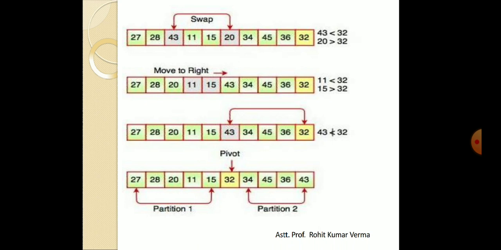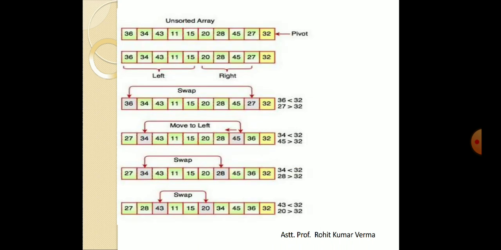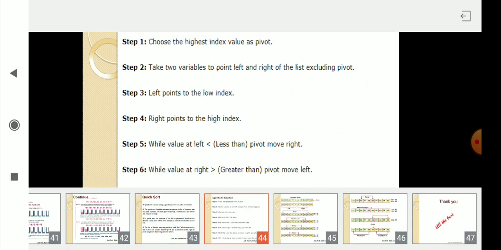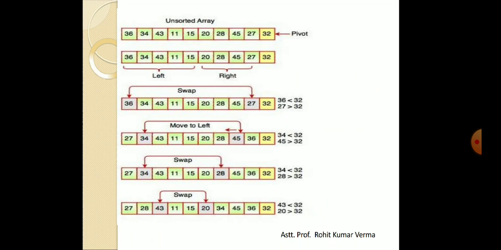So this is our quick sort. So what happens in quick sort? First of all you have to consider the index value. After considering this index value, you have to find the left and right pointers, and first of all you have to start scanning from the left hand side. Whenever you are starting scanning from the left hand side, you have to find an element larger than the pivot point. If you find this element, then stop.